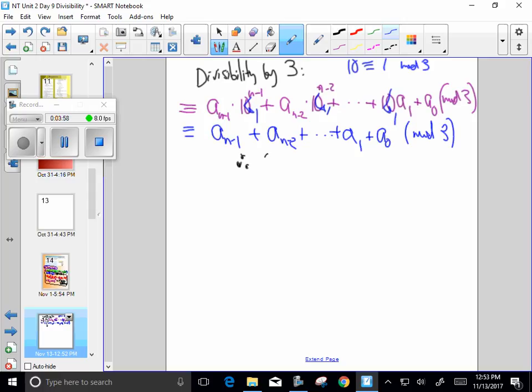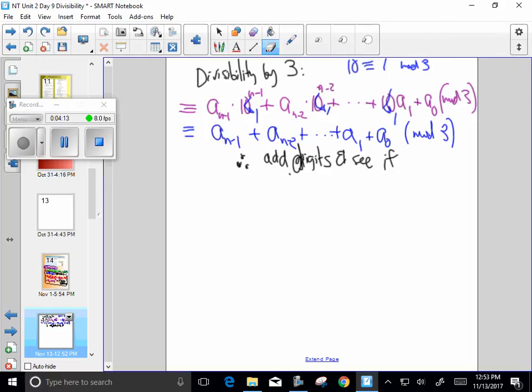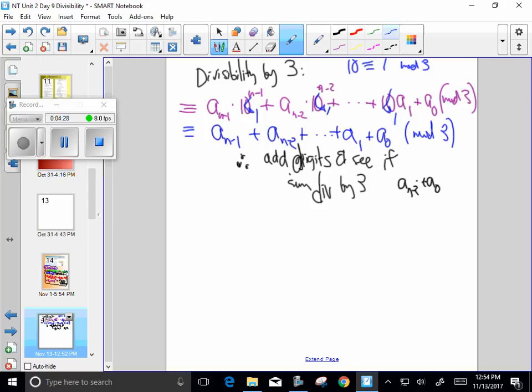Therefore, add digits and see if the sum is divisible by 3. Sum divisible by 3. Okay? Or I'd like to say a of n minus 1 plus a of n minus 2 plus ... plus a0 has to be divisible by 3, except I put it on the wrong side. All right, for tomorrow,